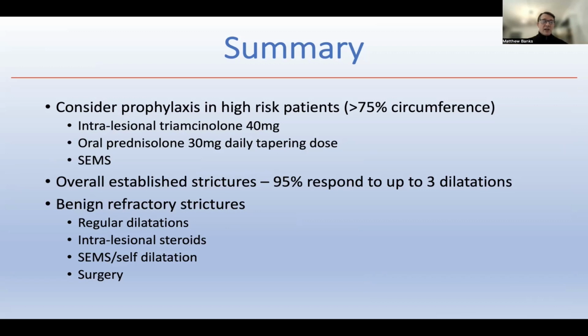Once established, most strictures do respond to the initial 3 dilatations, but the refractory strictures may require more complex and prolonged procedures, including either repeat dilatations, intralesional steroids, self-expanding metal stents, self-dilatation, or